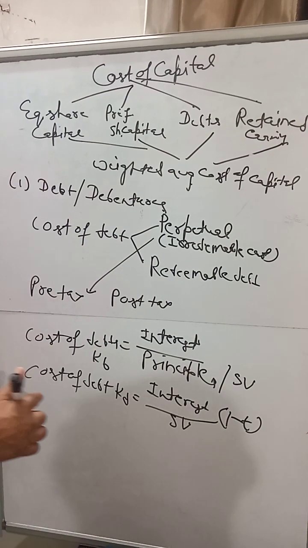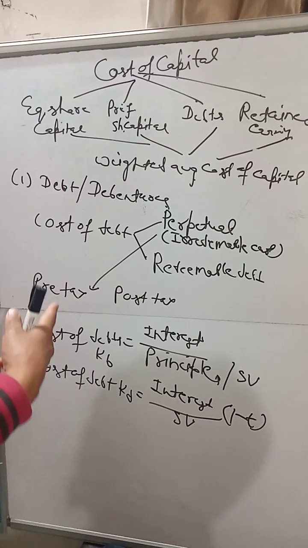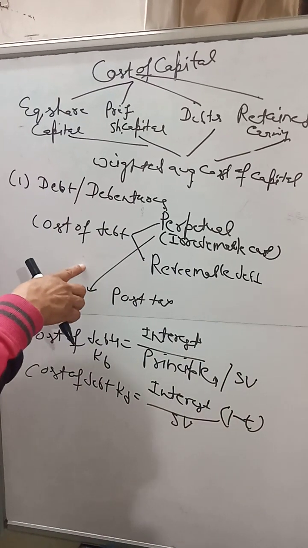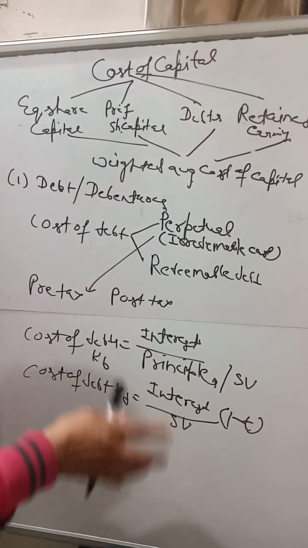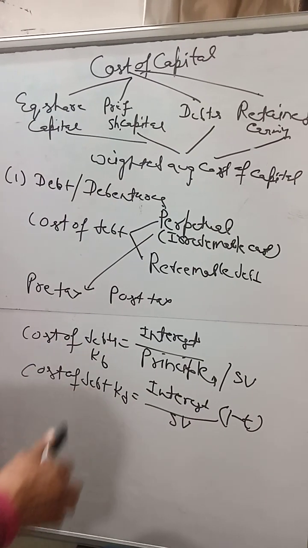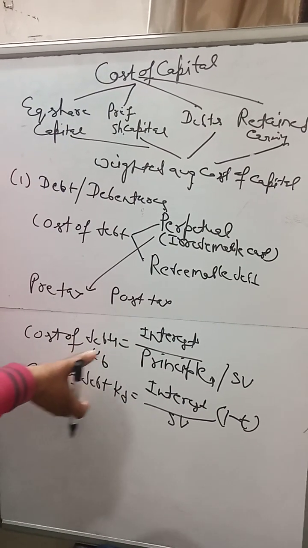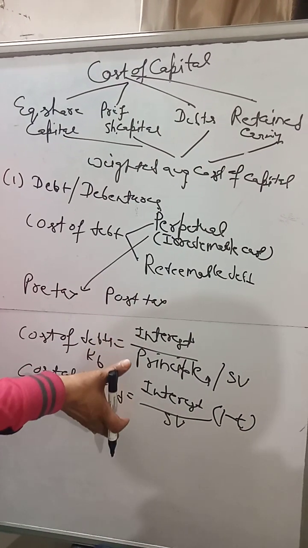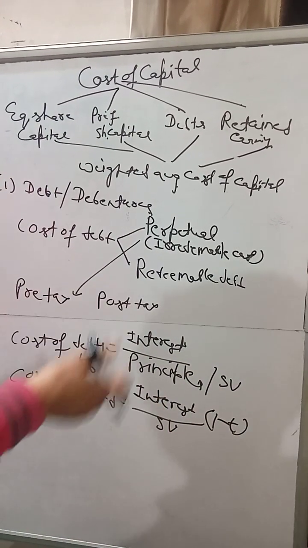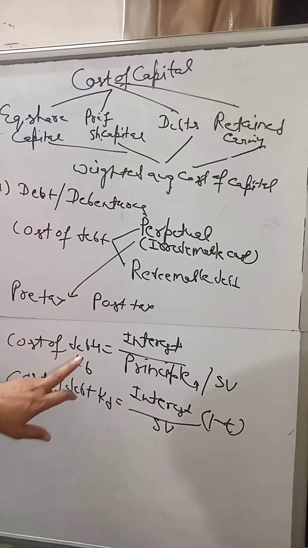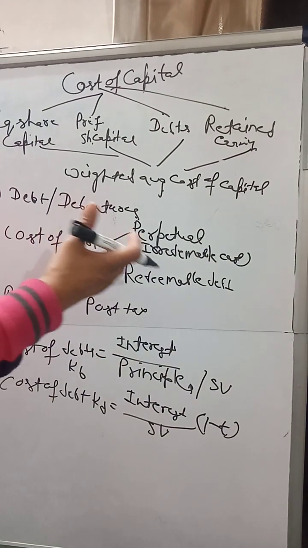Perpetual means the company is not going to pay the debenture holder during their lifetime. It means at the time of liquidation, the company has to pay the debenture holder, otherwise they will make the payment of the interest. So how can we solve the practical question? This is only for the cost of debt when the condition is of a perpetual debt, and the other methods are different. So first we will go with the cost of debt before tax and after tax in a perpetual method.